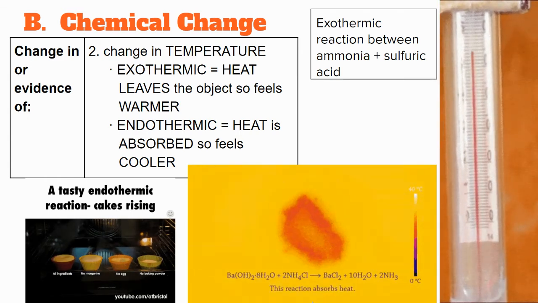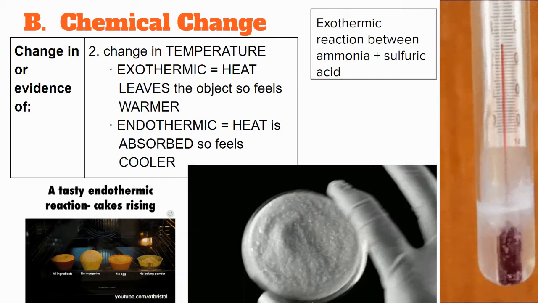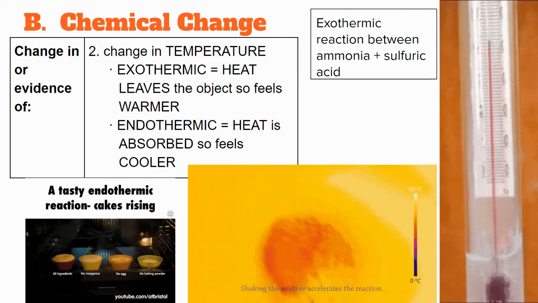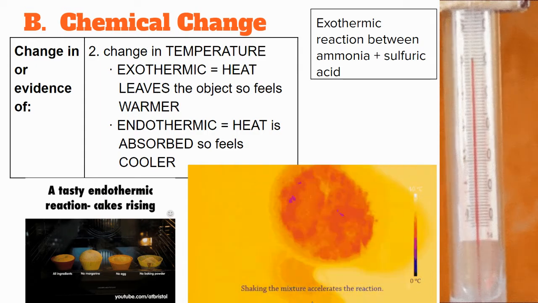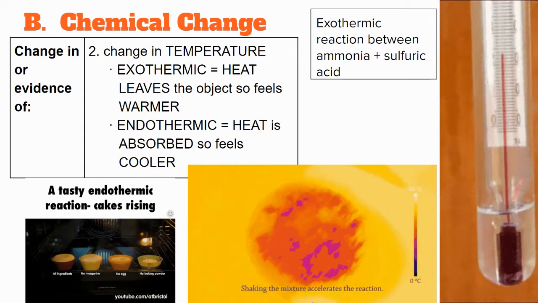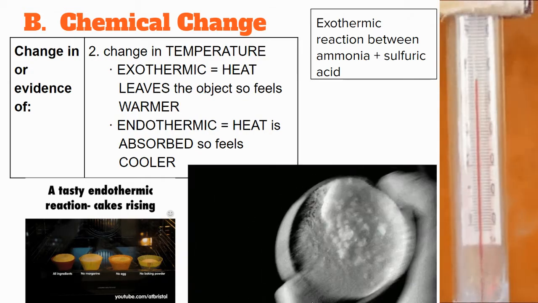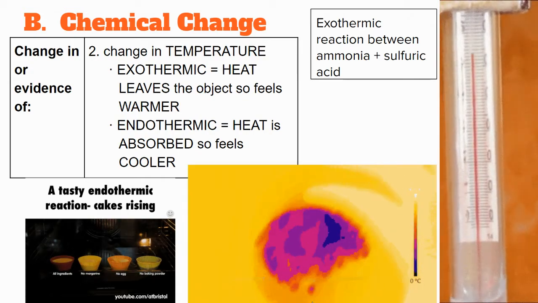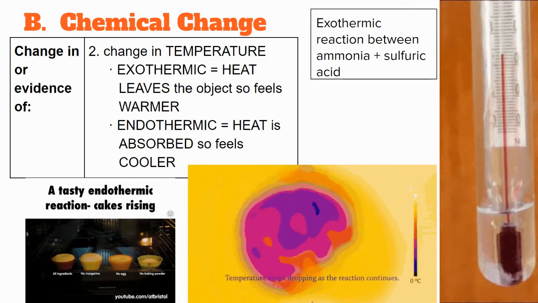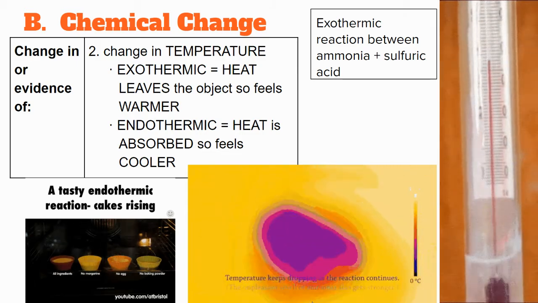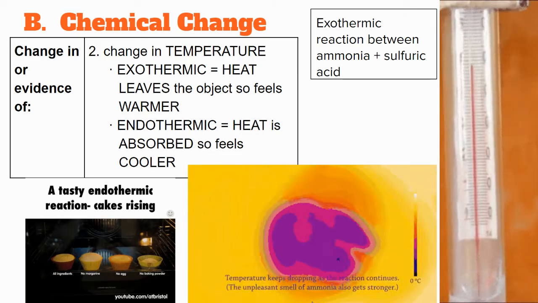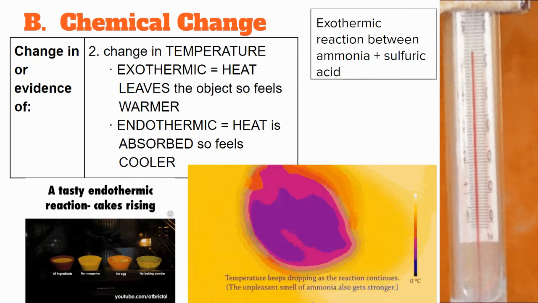That's something like we see there in the yellow. When we mix together these two chemicals, we can actually watch the temperature change with the color change there. We can see that it's getting colder and colder. This one will actually get so cold that you can put a little water underneath it and freeze it to the tabletop, for example.